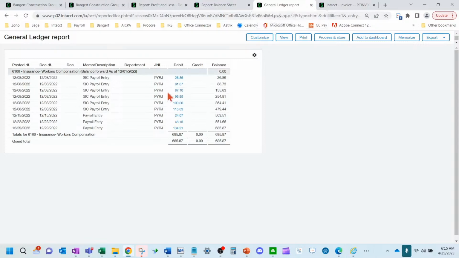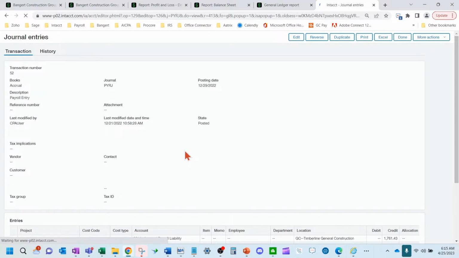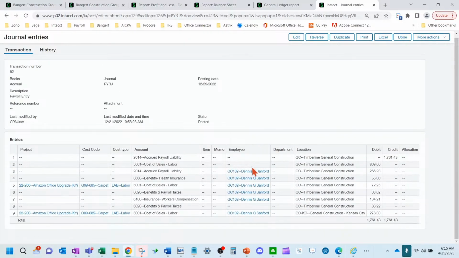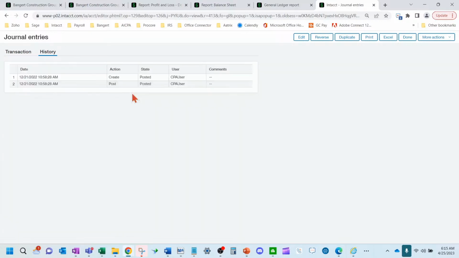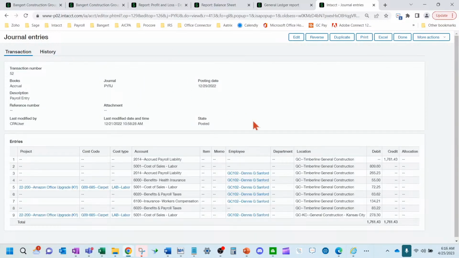Well, you could actually too, excuse me, you can drill down into here and see the actual payroll journal and the payroll posting, the payroll entry related to that. Okay, so if they wanted to go down to that level. You can also see there's some history tabs as well to see when it was created, posted, approved, if they're testing some approval type things there. Okay, so really, really nice drillable functionality if the auditors are given read-only access to the system.